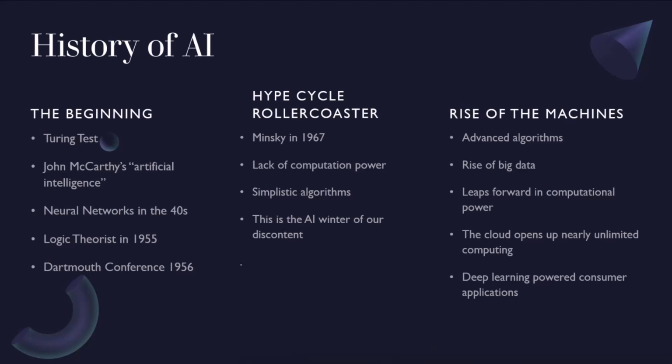But they ran into some really major problems. They didn't have the computational power to actually create these really powerful algorithms. They didn't have the ability to store the incredibly large data sets that they needed, or even get the data back in any sort of fast way. And the algorithms they were using to get that data back were kind of simplistic. We had not developed the mathematics that we needed to get where we are today.